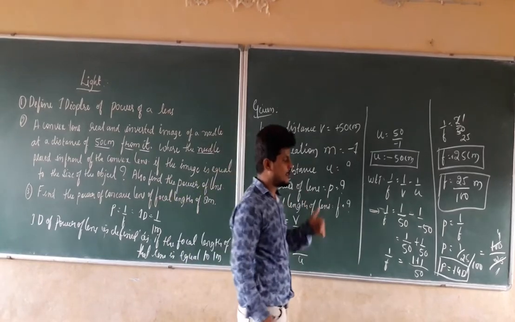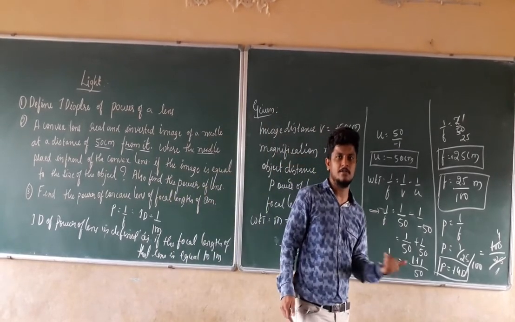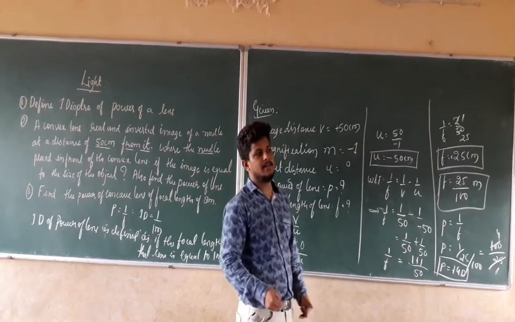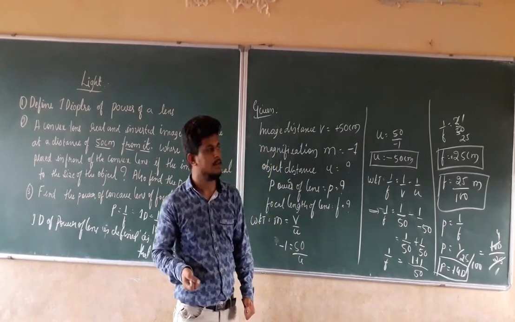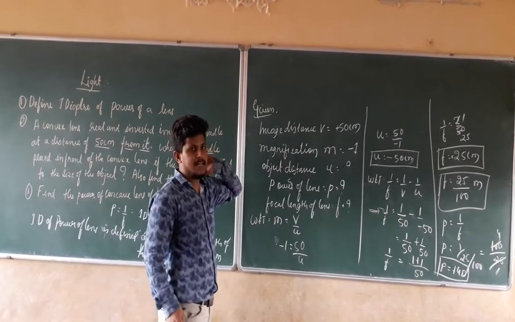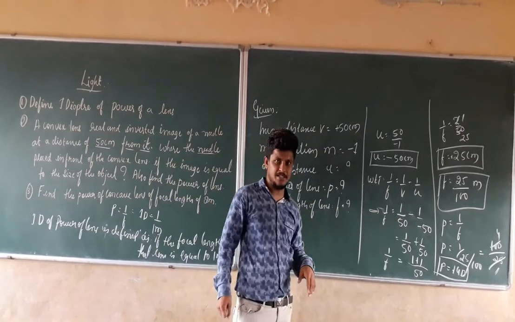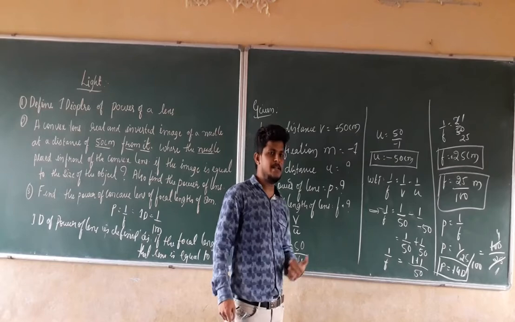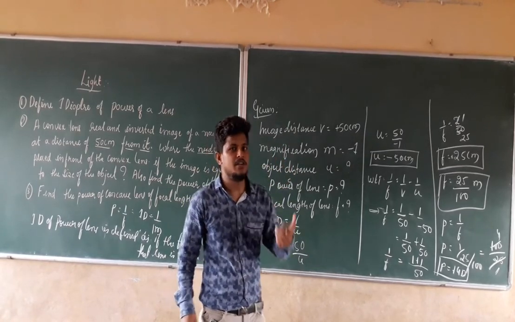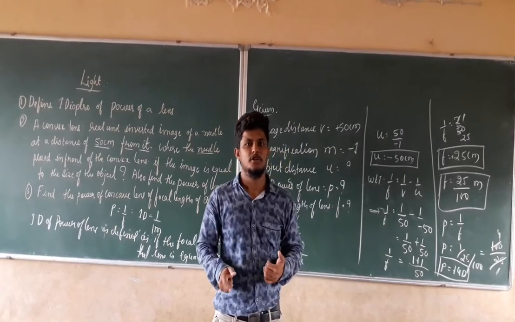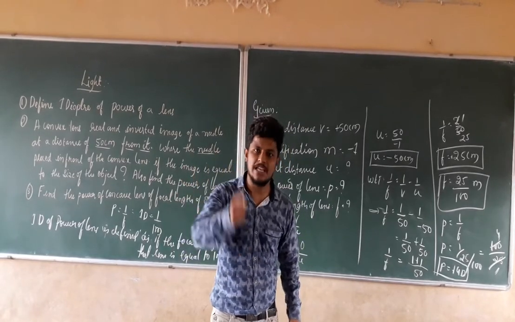the power of the lens is equal to how much? It is equal to plus 4 diopters. Right? You can directly solve this question if you correctly know the ray diagram. We'll check the given data: V is given as 50 centimeters, and the size of the image and the size of the object are both the same. What does it mean? We have to keep the object at C, so that we are going to get the image at C only.